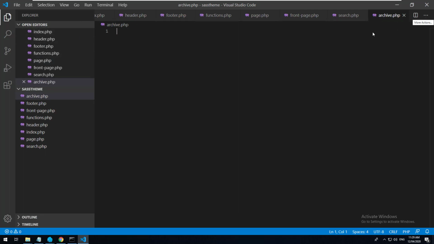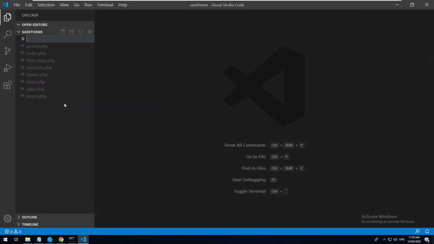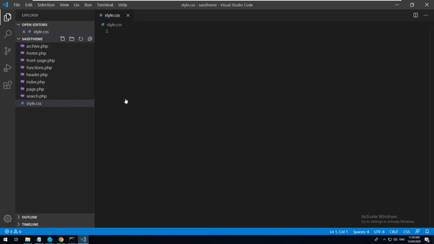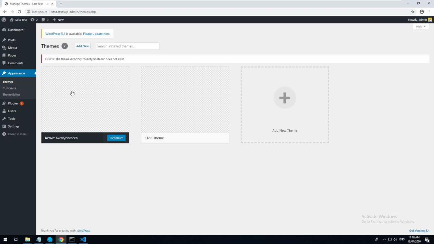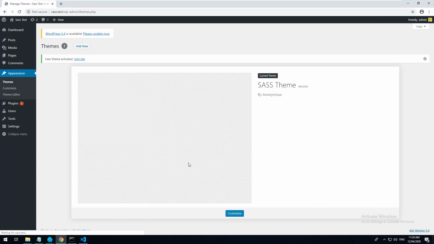I'll close out of all of these files as well. We'll also create a style.css obviously, and then we'll put a theme name in there. So theme name SASS theme. And that should be enough to get started. So we'll go back into WordPress, we'll go to appearance and then themes, and we'll activate the SASS theme. Now,